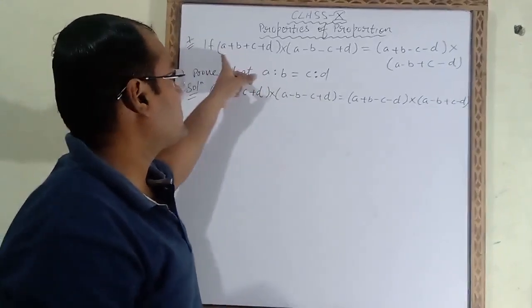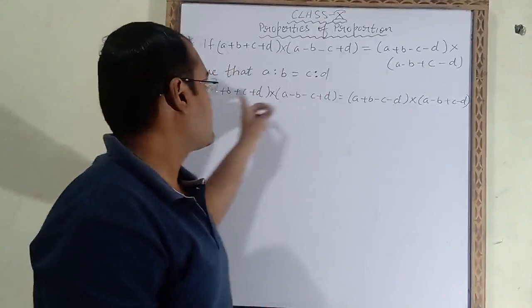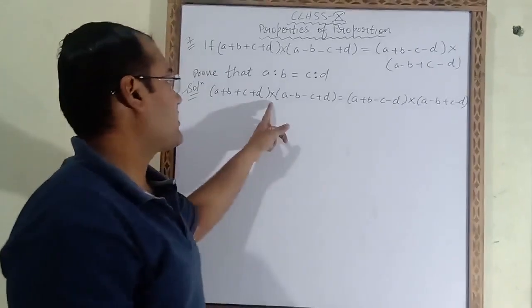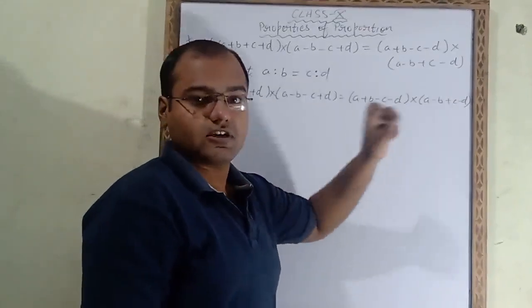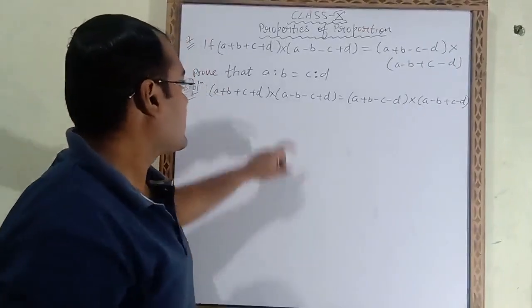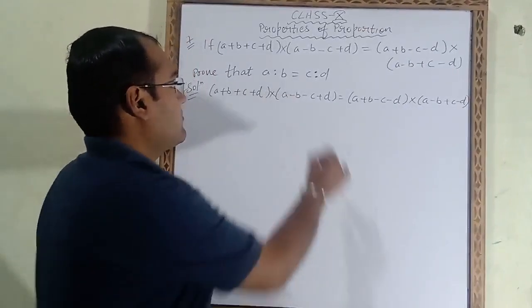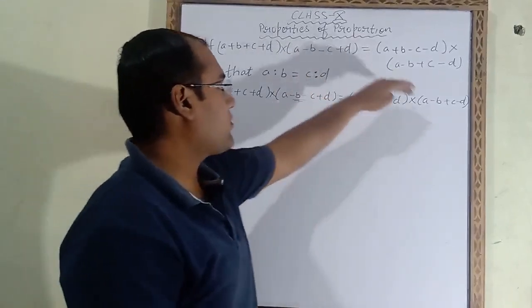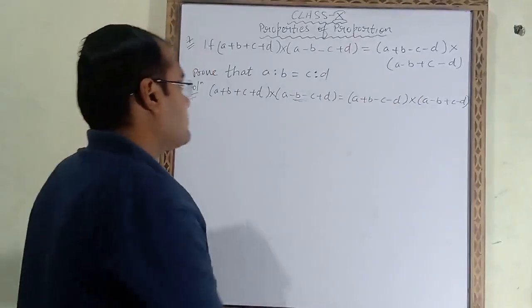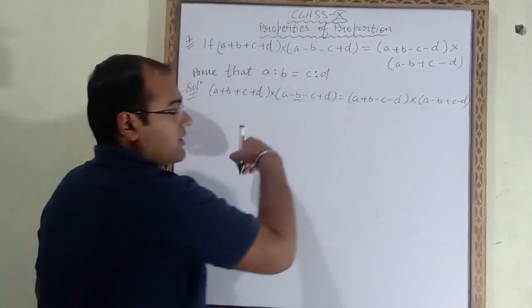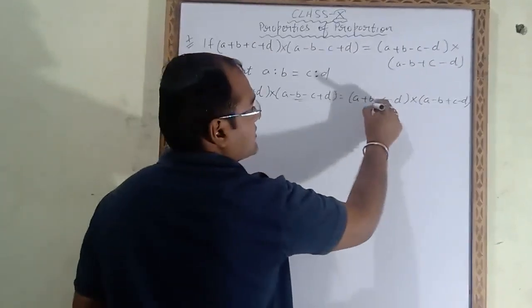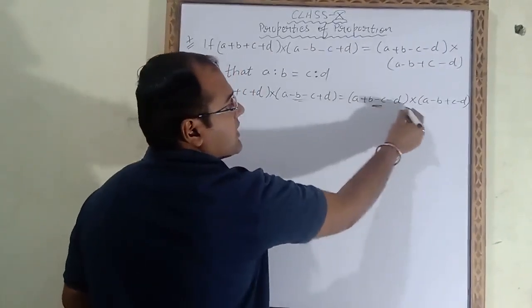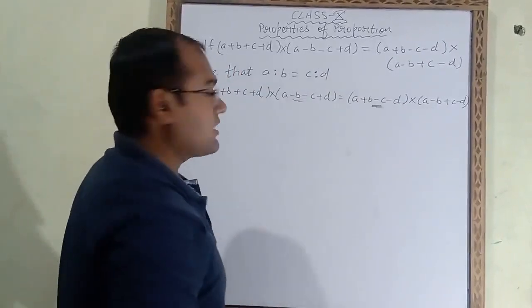So we will use this statement which is given in the question. So I had written here this multiply this is equal to this multiply this. It is given in the question. Now what you have to do, this multiply term we will bring on the right side. When we bring this multiply term on the right side, this will go in divide. So from there also we will bring one term here. We will bring this term. This term is in multiply here, so on the left side this will come in divide.